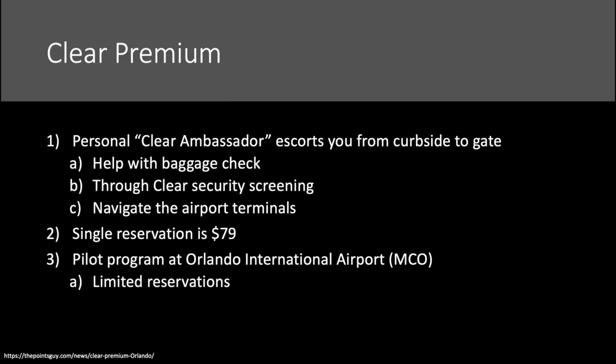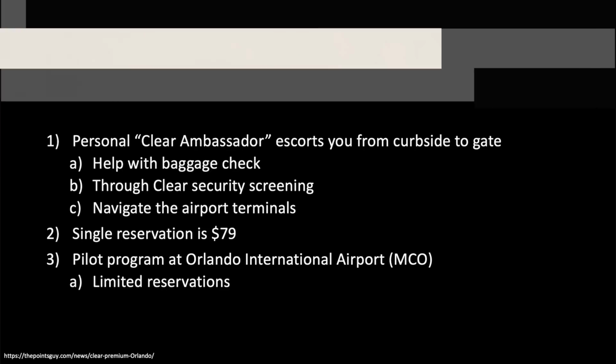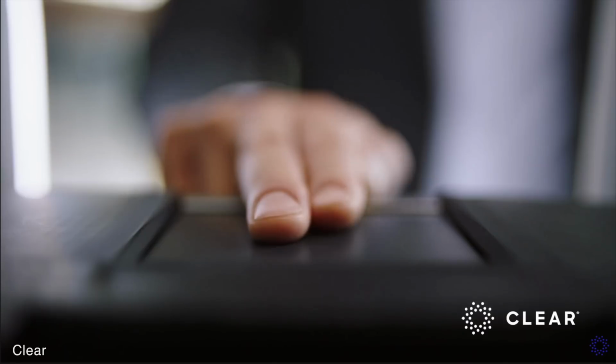So overall, I think this one could probably come in handy, I guess, if you have kids or a lot going on, or maybe if you're in a hurry. They don't give a ton of details on whether they can get you through security faster, right? Because the weaker part of Clear is that yes, you can go pretty quickly through the Clear line, much faster than even getting to the TSA line, but you all end up bottlenecking right at the TSA screening. You have to get through the TSA screening before you can get through the airport,